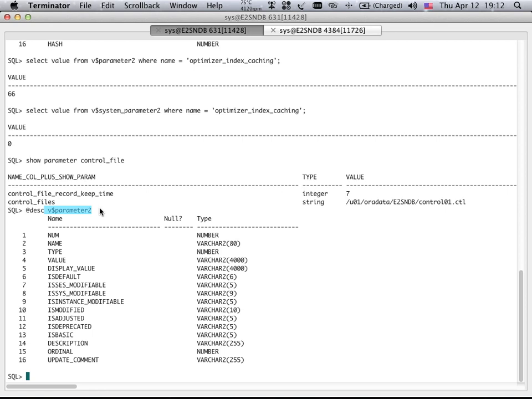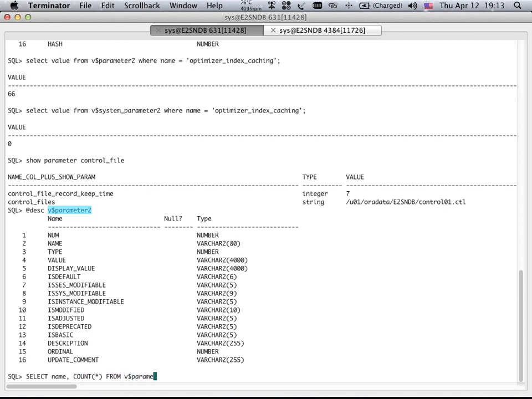And that was useful back in 8.0 days or something, where the regular $parameter, without the number 2, there used to be a bug that when you had multiple values for a parameter, it only showed you the first one. But then they fixed this bug. So $parameter now shows the values on one line separated by comma, while $parameter2 would return a separate row for each value. Let's see if there are any parameters